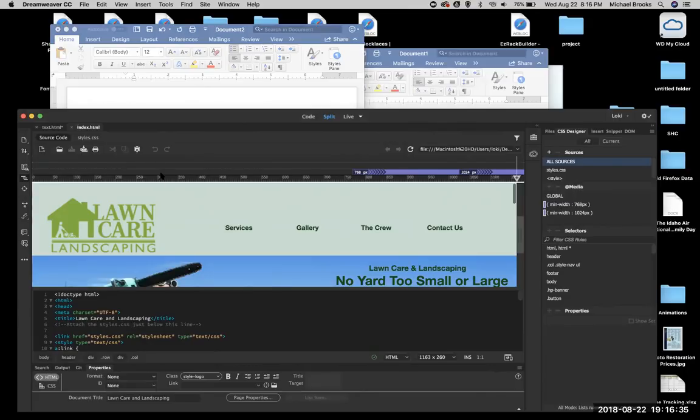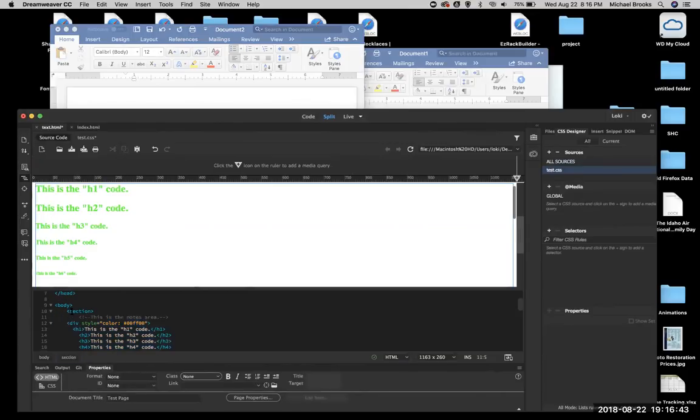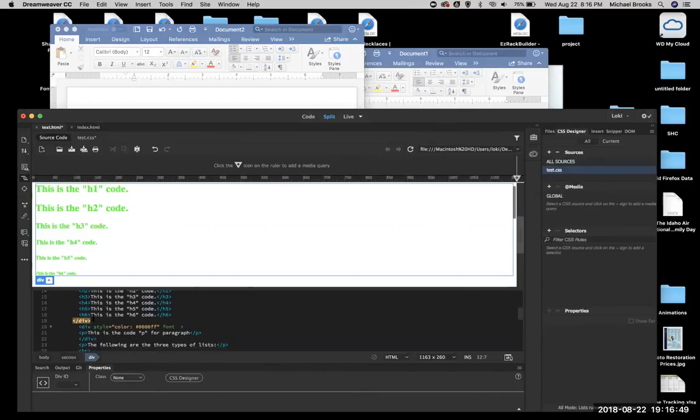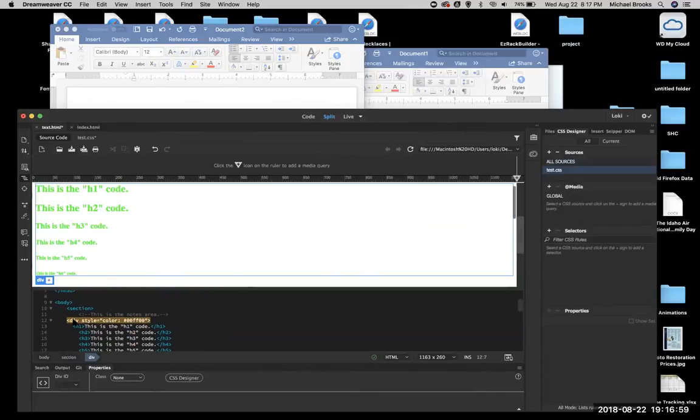Selectors are the sections. All right, so let's go back to here. I choose this section. So let's use this div. Actually, let's go a little lower. We're going to use the ordered list. Or no, let's go ahead and use that div. We're going to use this div. So I'm going to add it,